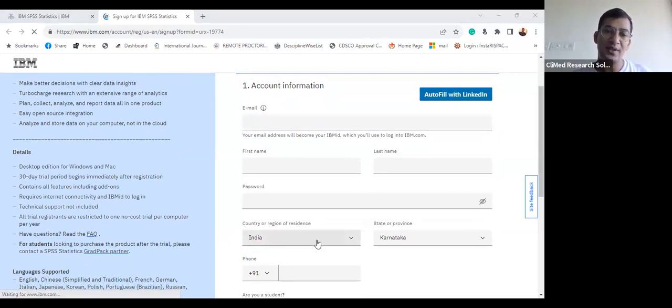Can we publish a paper using the trial version of SPSS? You can analyze anything using the trial version. Of course you can do that. No problem at all. You are analyzing the data. You need just the software to analyze the data, and you can write that in your